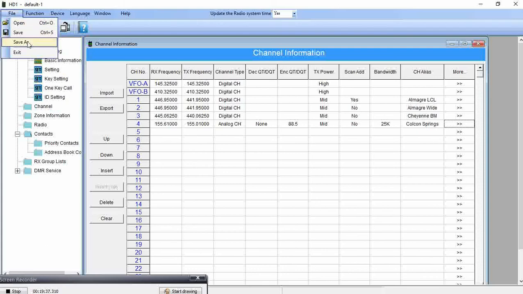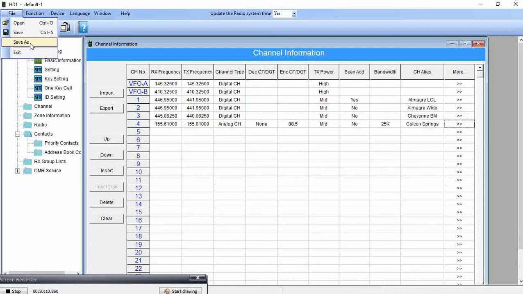this code plug as something. I'll usually do my call sign, because I do code plugs for other people as well. I help them out with code plugs and build code plugs for other people. I'll save as, and then I'll do KE0TSC and then the date. That way I know the latest one I've done, or I want to go back to a date where, okay, I liked this code plug better. Whatever it may be, at least you have that date as a reference. So that's kind of what I do, is I'll save as, and